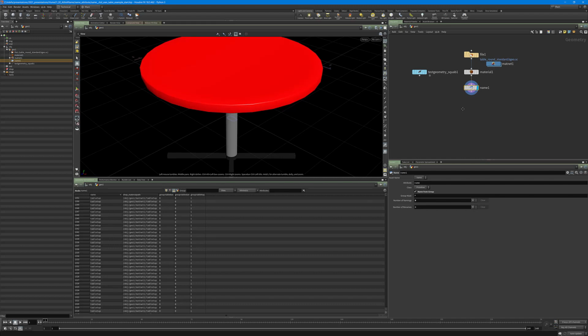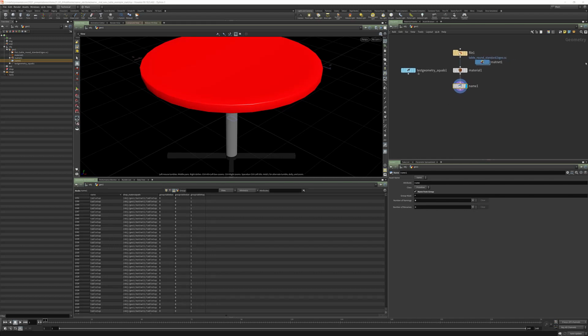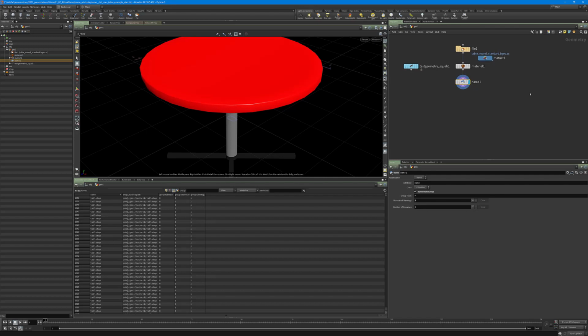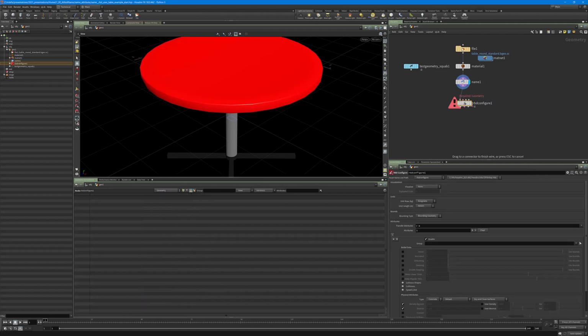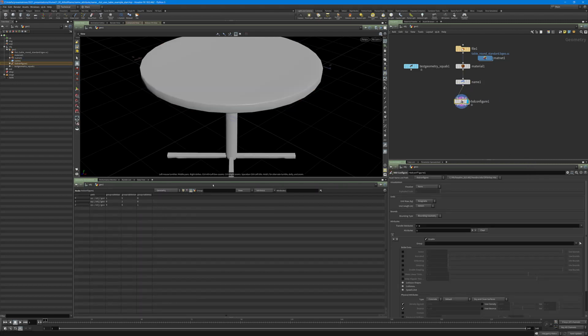So let's build a simulation network. It's pretty easy these days. We have this tool called RBD configure. Just use basically RBD configure. We can configure some RBD pieces. We can put that down. And we can see here that we now have